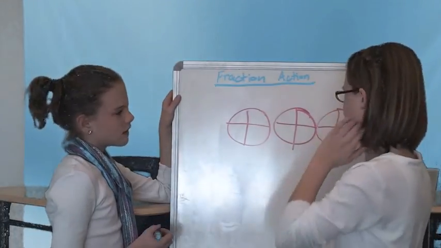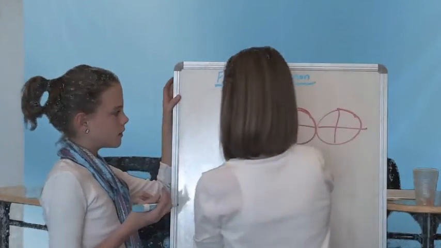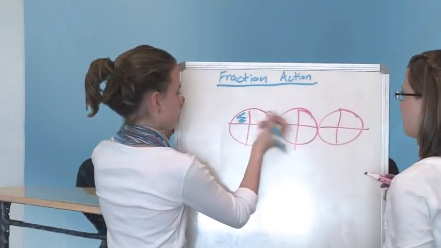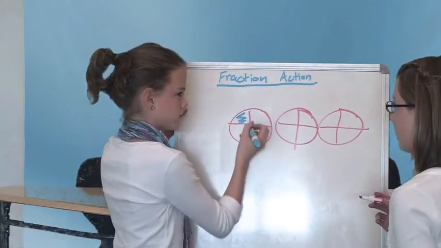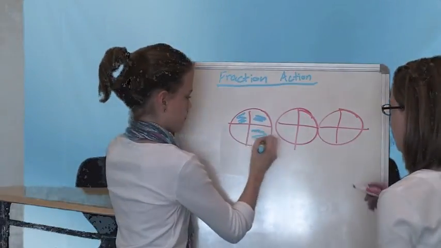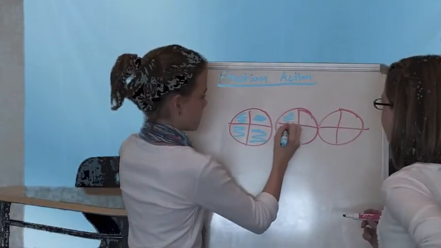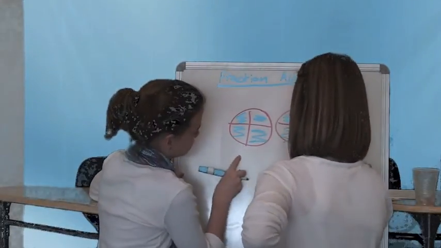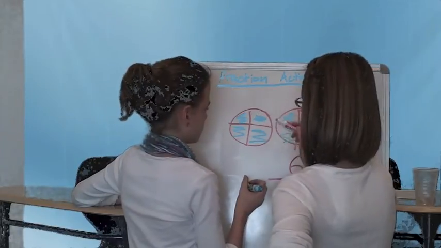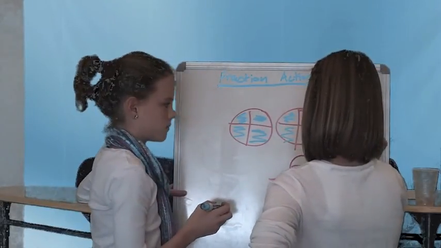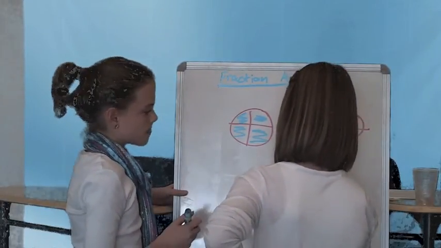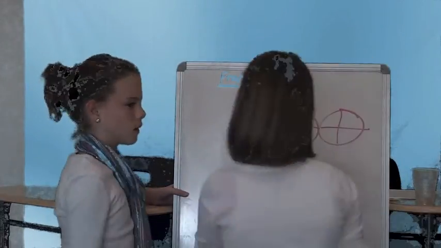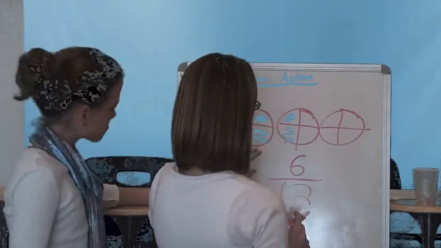Okay, so let's say that Hannah ate, shade in, 1 whole pizza, and then half of this pizza. So that would be 4, 5, 6. 6 out of 1, 2, 3, 4, 5, 6, 7, 8, 9, 10, 11, 12 out of 12. Or the easy way, if you had this, you could count by 4s: 4, 8, 12. And then also, the improper fraction would be